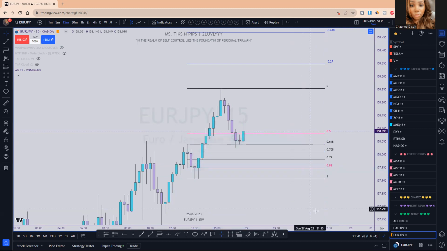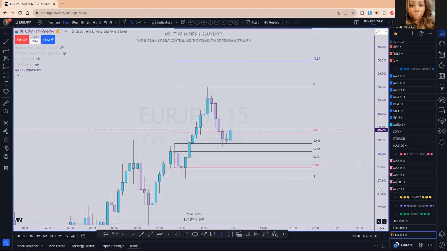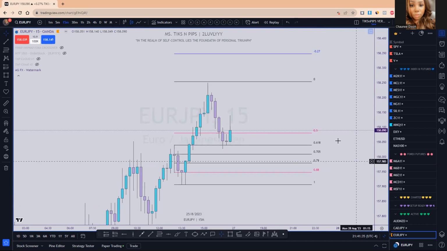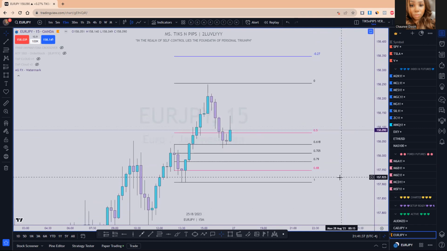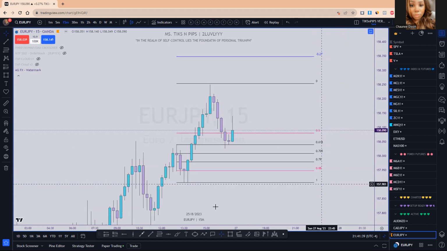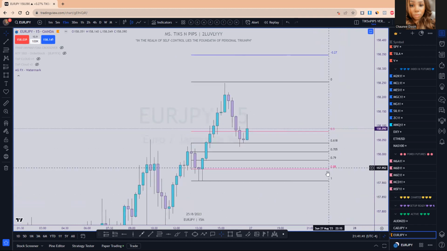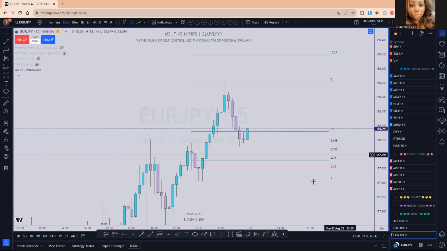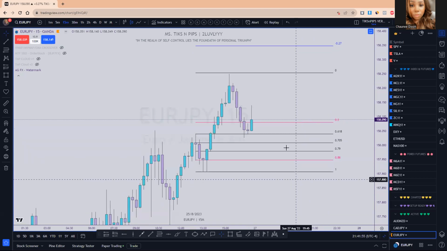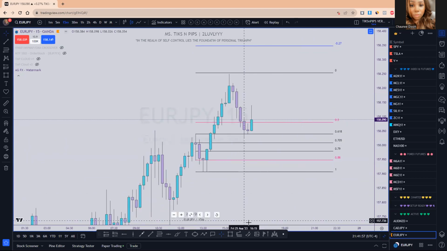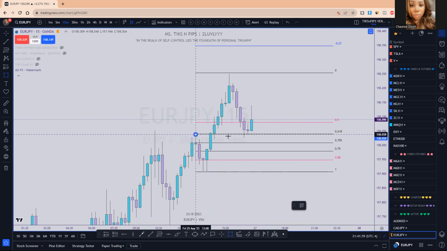The optimal entry area, they should already be posted in the resources channel in the Discord. I did post my Fibonacci settings there for you guys, if you want to utilize the same levels. But the optimal entry area, which is one of the best things of the Fibonacci for me, are these three levels here: the 0.79, the 0.705, and the 0.618. So typically when you are looking for price to come into the optimal entry area here,